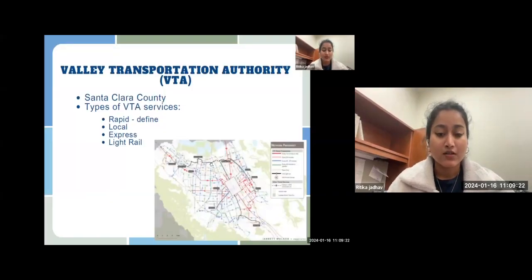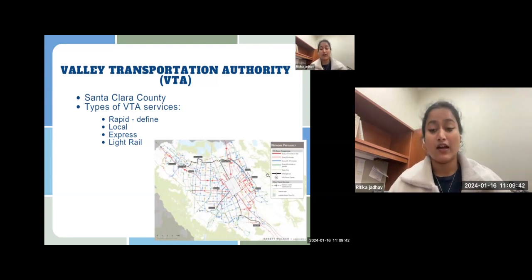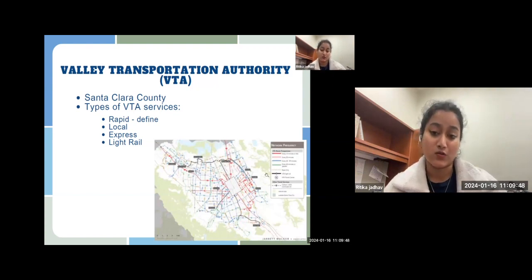Yeah. So, as I said, VTA is Valley Transportation Authority, which works in Santa Clara County. There are different types of VTA services, which are Rapid, Local, Express, and there's also VTA Light Rail, and there are VTA buses. So in VTA buses, there come Rapid, Local, and Express, where Rapid is